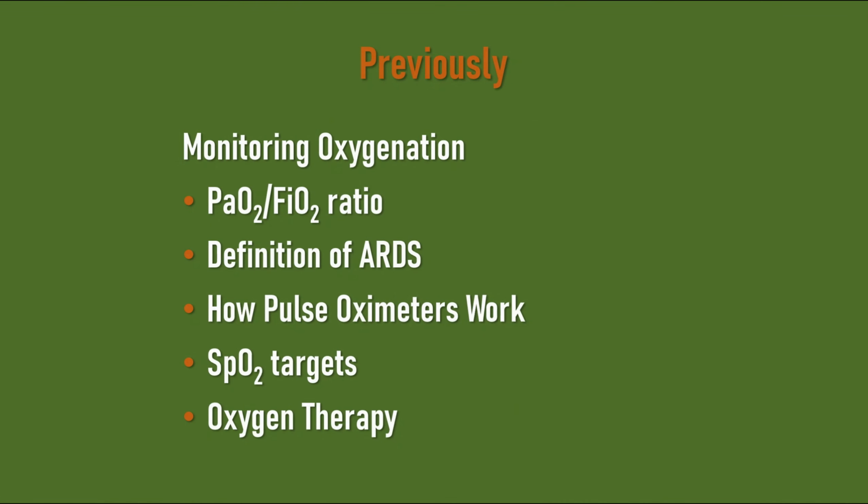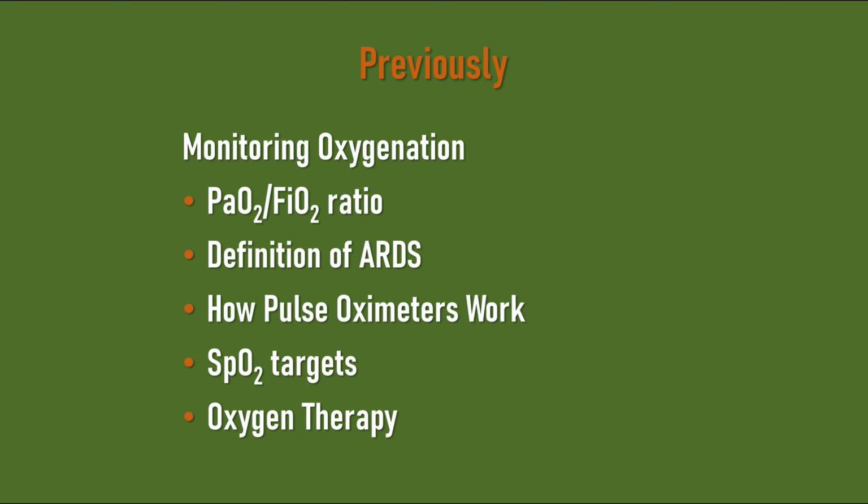In the previous tutorial, we looked at assessing the patient's oxygenation status, and the most important component of this is to calculate out the PaO2-FiO2 ratio, and that is a component of the definition of ARDS. I also discussed how pulse oximeters work and how to use the pulse oximeter as a way of targeting oxygen therapy. Finally, we looked at the different types of oxygen treatment that you can give patients: nasal cannula, high flow,